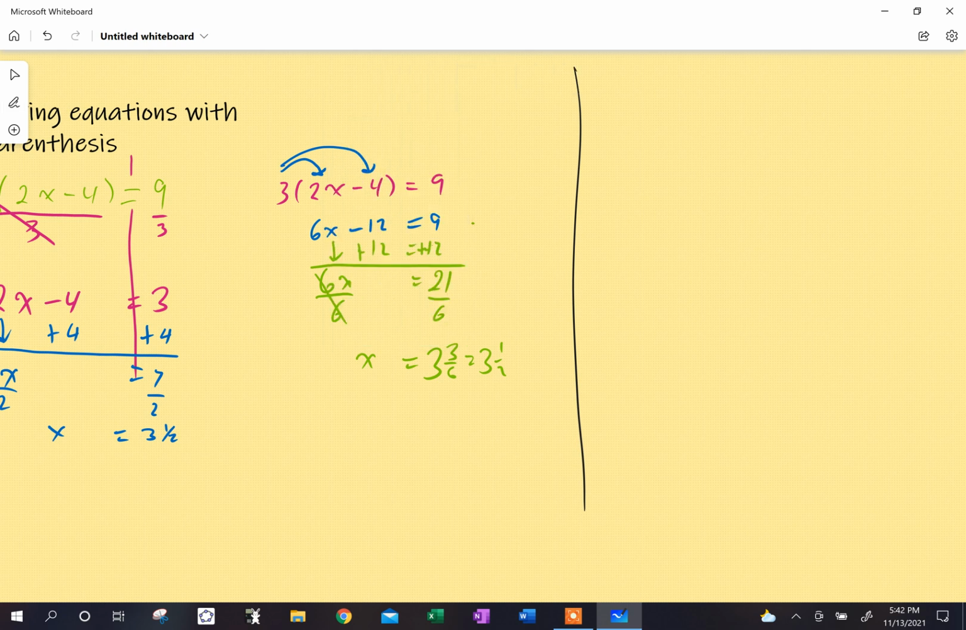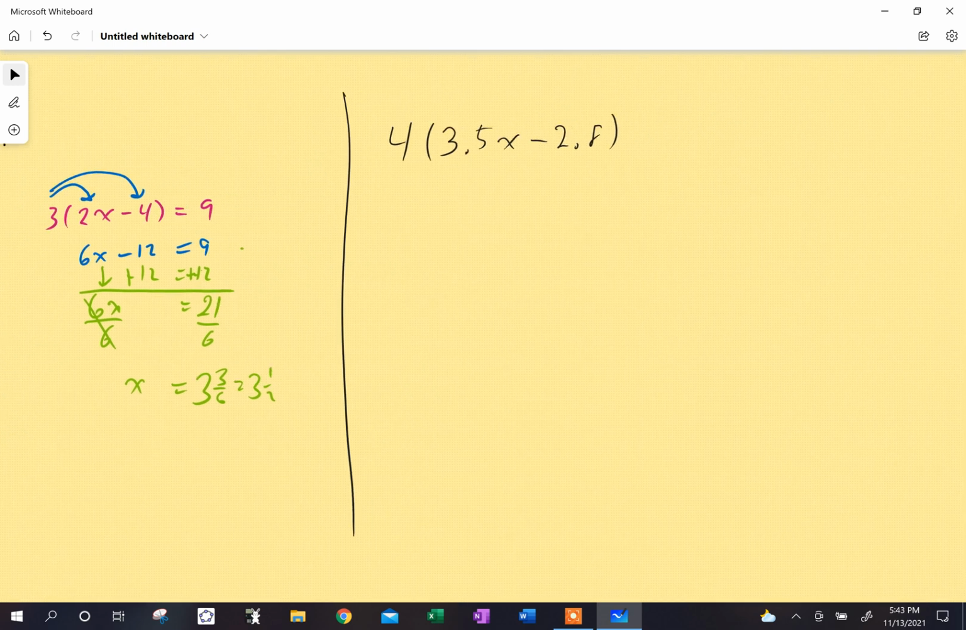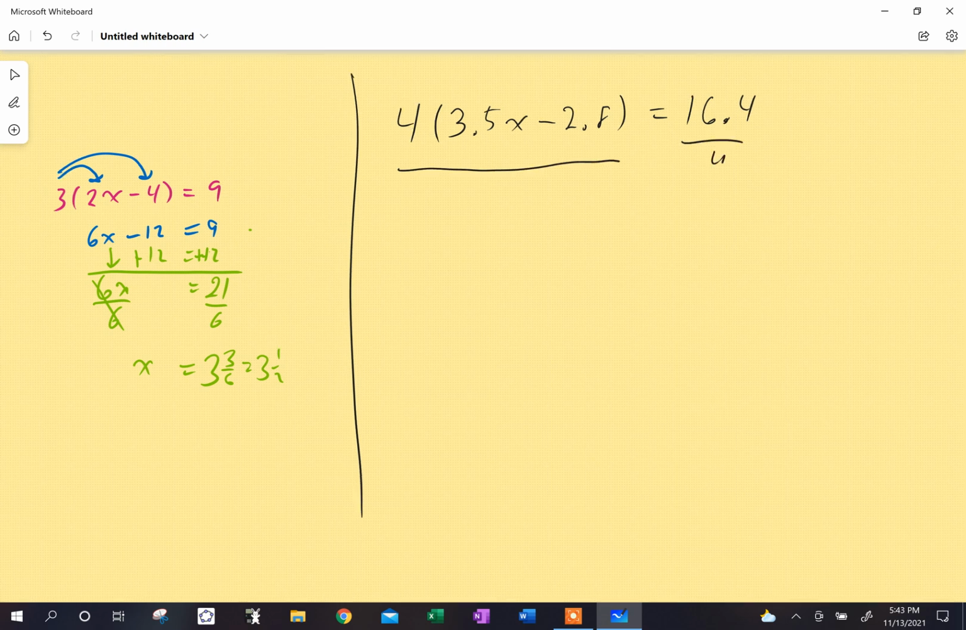let's say 4 times 3.5x minus 2.8 is equal to 16.4. Now, if you divide by 4 first, that works because